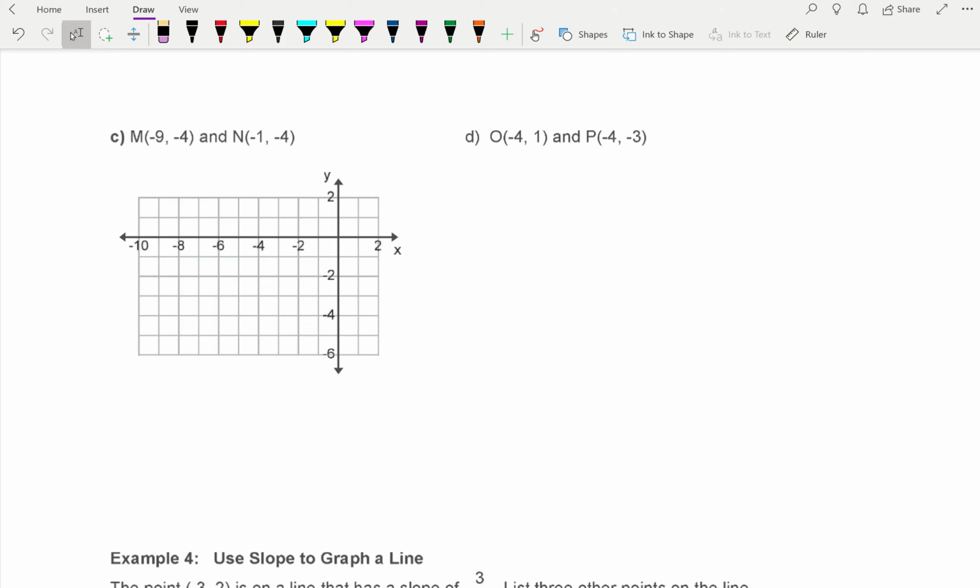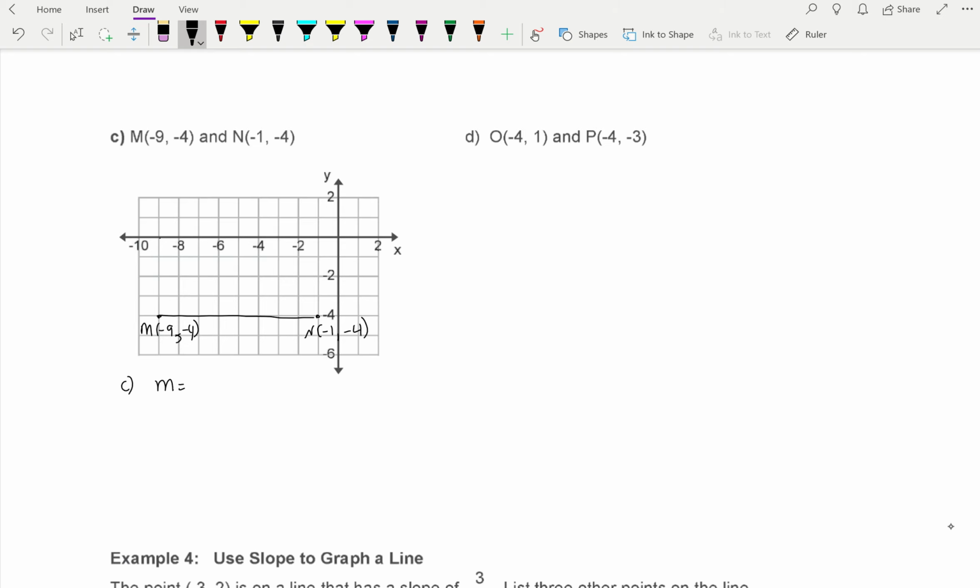Okay, and we're going to use the same grid for both C and D. So write small. All right, M, negative 9 and negative 4. N, negative 1 and negative 4. Draw a line. Okay, so there's no triangle that we can draw here, but we're still going to use our two methods. So for C,